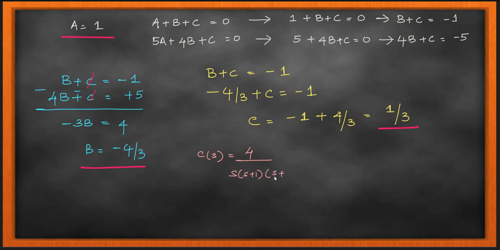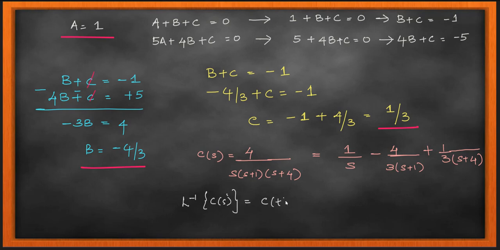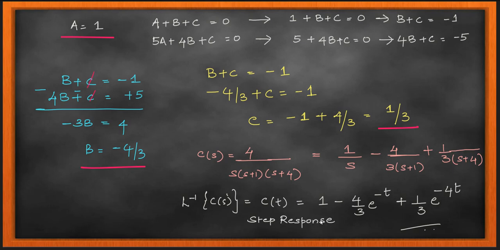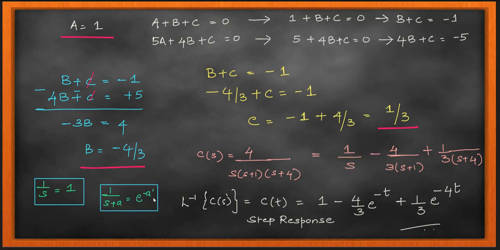Good. So yes, I have my A, B and C now, which converted my third order system into a sum of three first order systems. And then I can apply my inverse Laplace transform directly to these first order systems. They are straightforward formula substitution, and then I get my step response, that is C of t. So L inverse of C of S is applicable now, and that gives me my C of t, which is 1 minus 4 by 3 e to the power of minus 3t plus 1 by 3 e to the power of minus t. This is your step response. And you all know how I wrote this, because these are coming from my Laplace